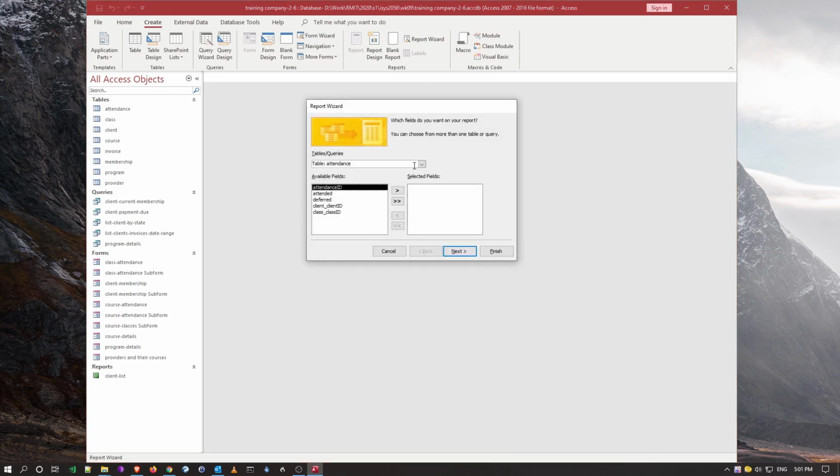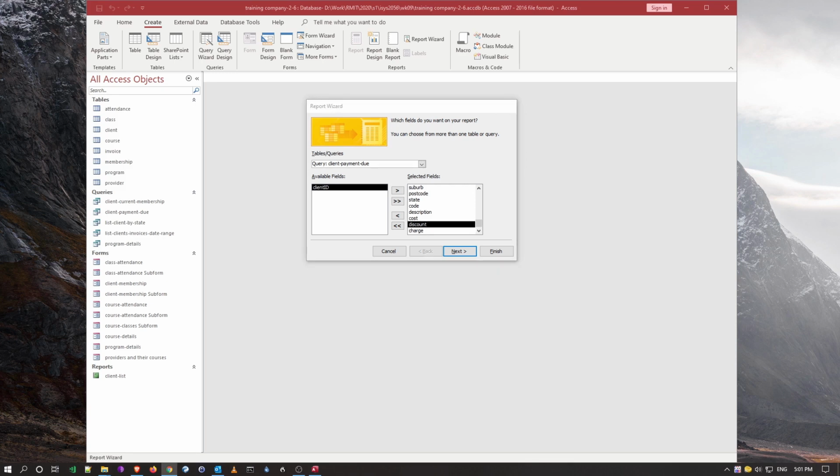But remember, this time we're going to be using the query, right? So payments due, the calculated query we used previously, right? So I'm going to use that, put all the parameters across. Now here, obviously I don't want to see the client ID, I'm really not interested in it, so remove that. Then I'm going to come down here and actually get rid of the discount